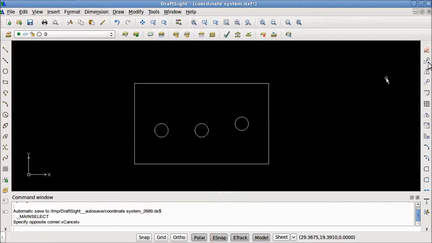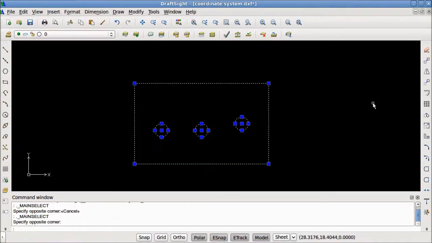Next, we'll take a look at the Mir Tool. The Mir Tool creates a mirror image of an entity, or you could say that the Mir Tool can flip an entity over. This will be useful if you want to draw a slab face up and then flip it over, or mirror it, in the same way you will be flipping your slab over to cut it on the CNC machine. To execute the Mir command, first select the entities you wish to mirror, then click on the Mir